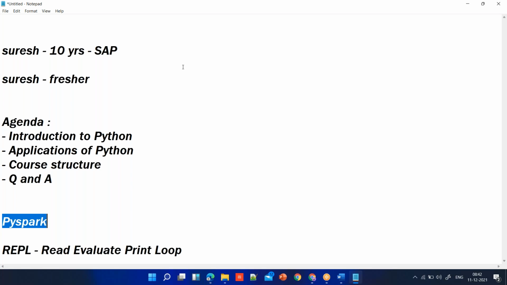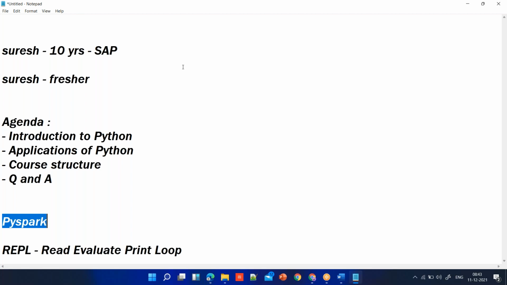Okay, and Python is a typed programming language. It means you don't really need to tell the Python compiler what is the type of data you are storing. Basically you don't need to tell the data type. So whether you're storing an integer value or a string value or a date value or a long value, float value, you don't really need to tell your compiler. Your Python compiler is intelligent enough to understand the type of value that is being stored into a variable without you even telling it. So that is the reason it is called a typed programming language.